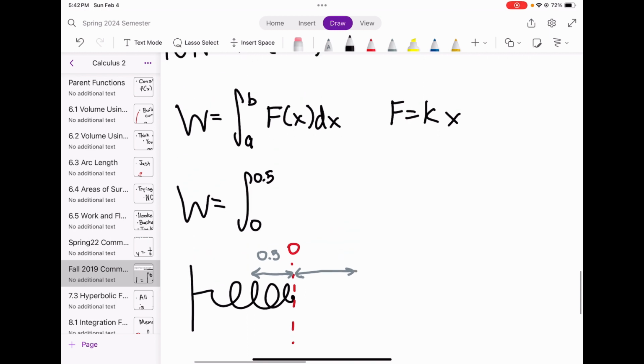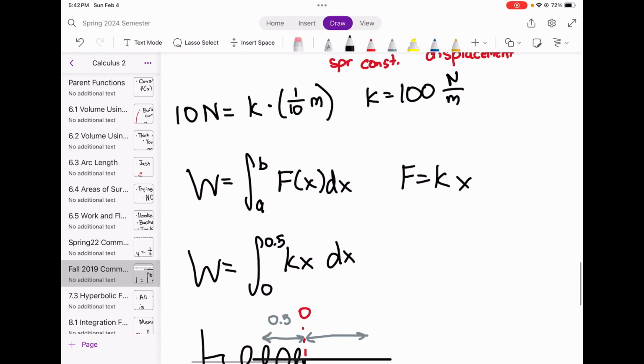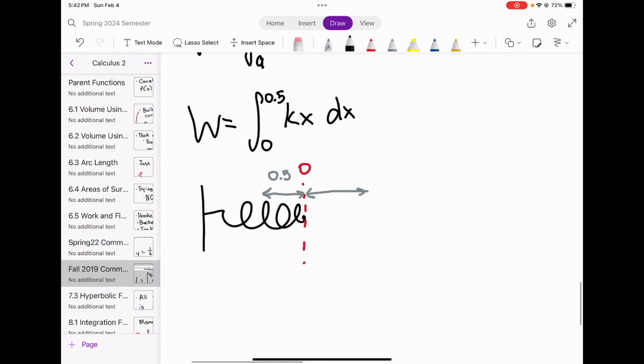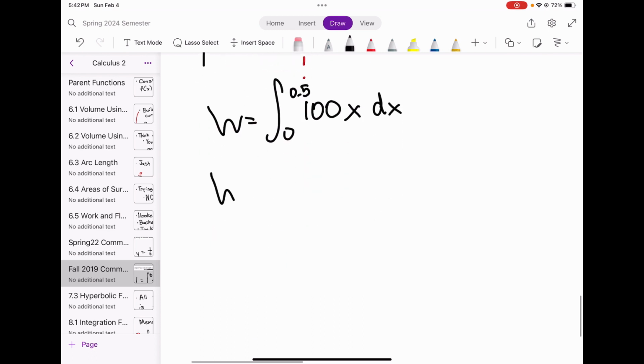Okay, and so we want to put f of x, which is k of x dx. We just solve for k, which is 100 newtons. So w is equal to the integral from 0 to 0.5 of 100 x dx. W is equal to, and then we could just solve for this, which is 50 x squared